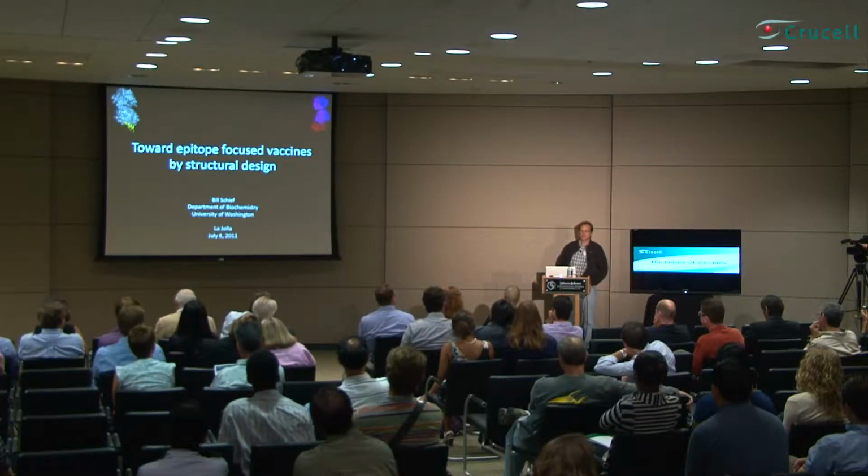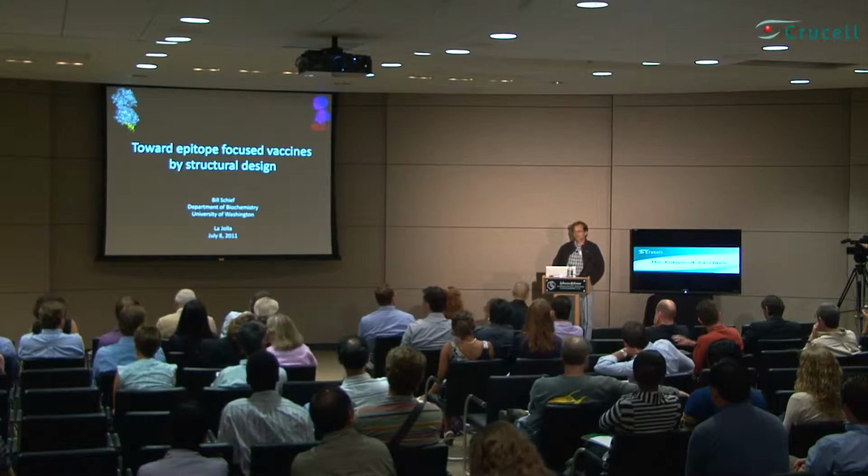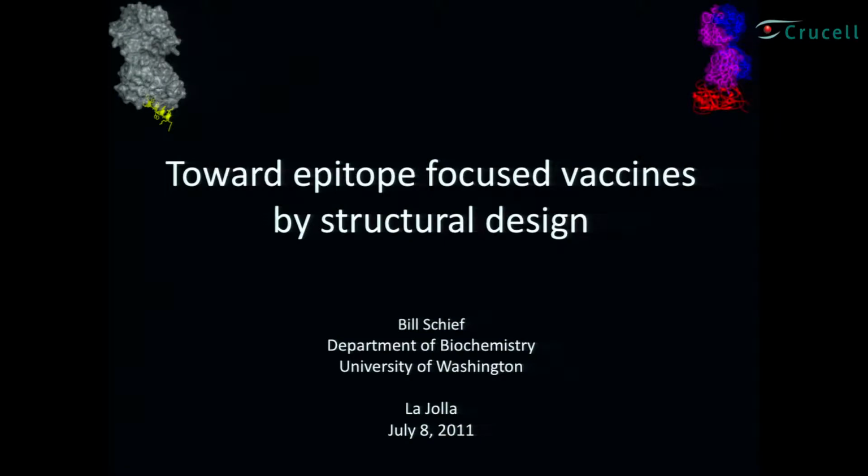Dennis talked to you about isolating antibodies from natural infection that are broadly neutralizing, and Ian showed you structures. What I'm going to talk about is trying to translate those pieces of information into immunogens that might re-elicit such antibodies. And what we spend most of our time on in my lab is, which is actually my lab,